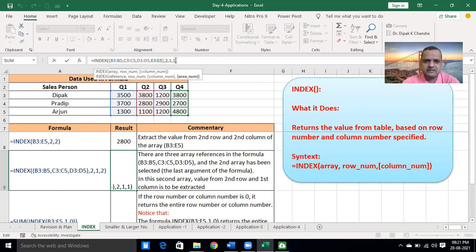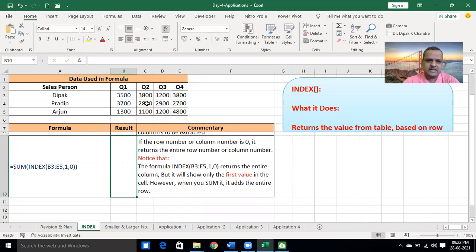If we write the second area number instead of 1, what will be the output of this function? The second area number means this one. From this, second row, first column: 2,800. Correct.